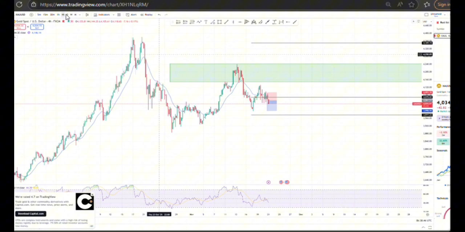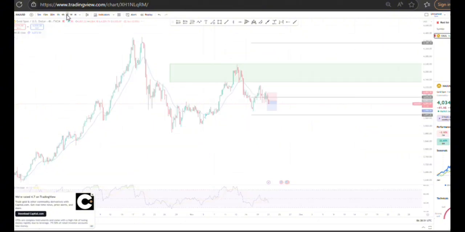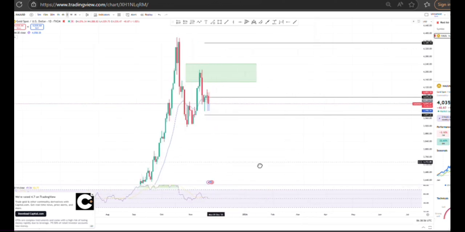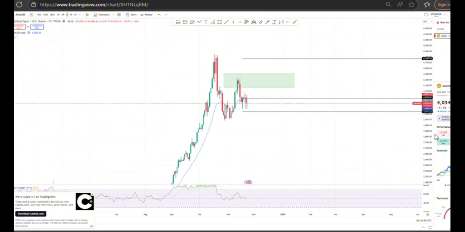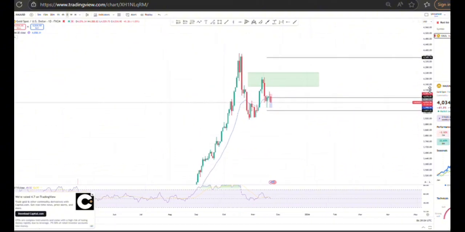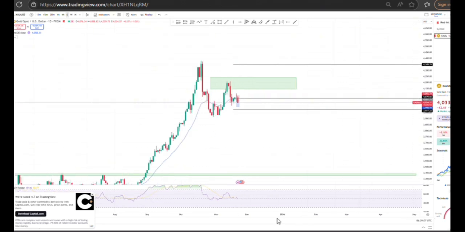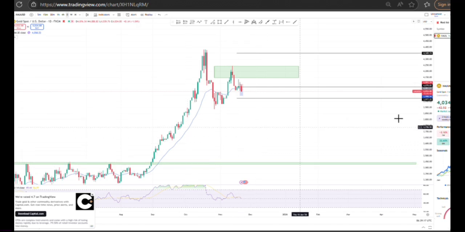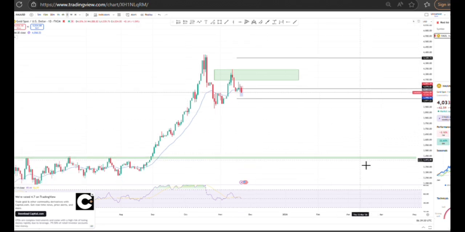I think I may need to start from the daily time frame. What I'll normally say is, the first thing you need to identify in the market is the structure of the market. What direction is the market going to? What's the bias of the market? What's the sentiment? You understand? So